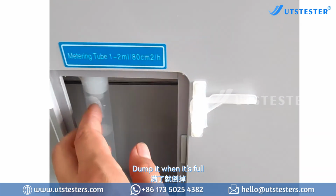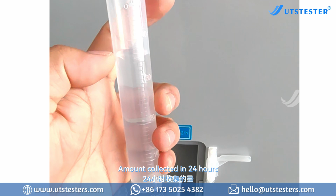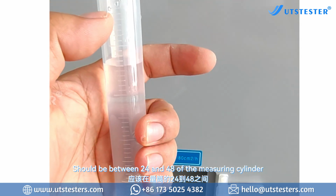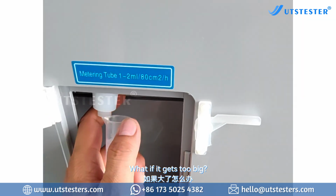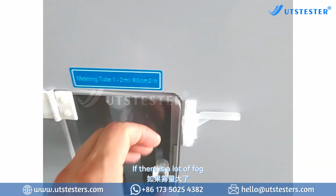Dump it when it's full. The amount collected in 24 hours should be between 24 and 48 on the measuring cylinder. Dump it once a day. What if the fog gets too big? Let's talk about it. If there is a lot of fog,